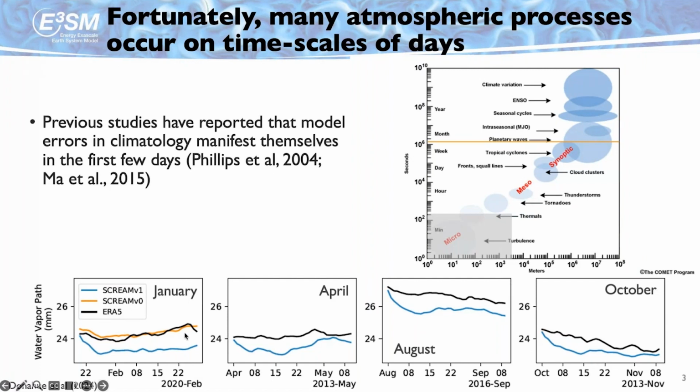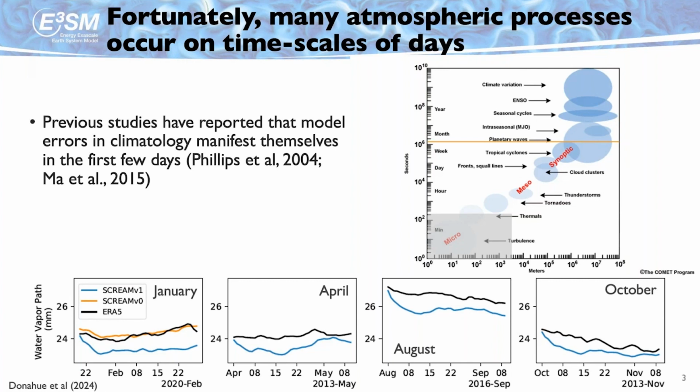SCREAM has a drier atmosphere, and it seems to be consistent across all 4 seasons. The second thing to notice is that these biases tend to show up quite rapidly, and they actually tend to tail off within less than a week. And so we can expect to see with our simulations, especially now that we've run 40 days times 4, and then 13 months, that we can start to learn a little bit about